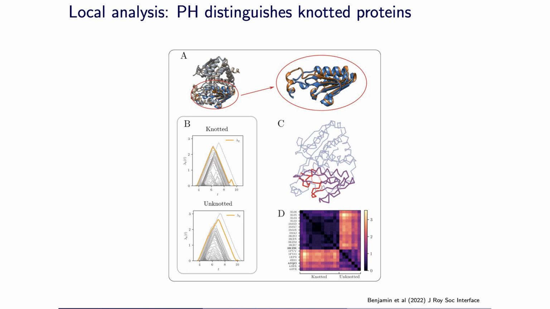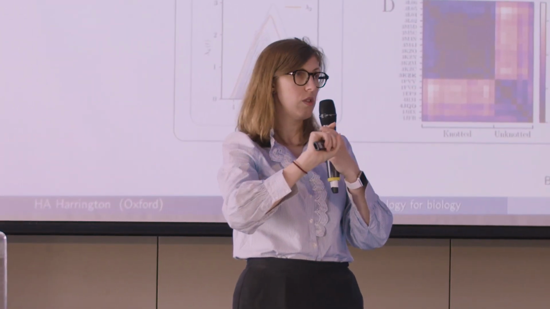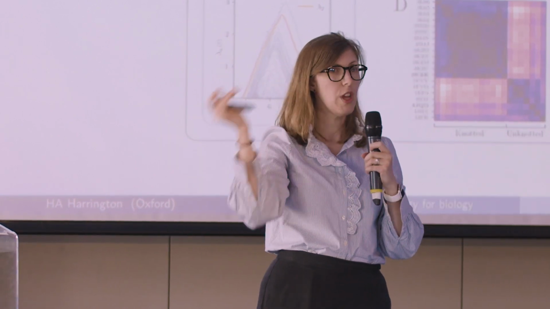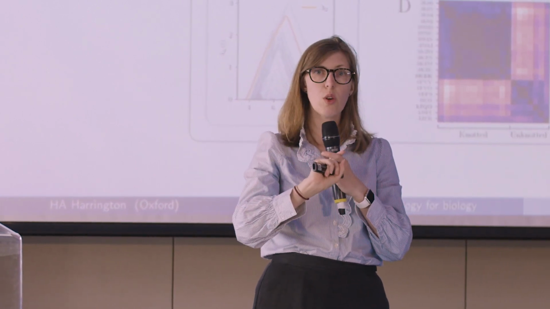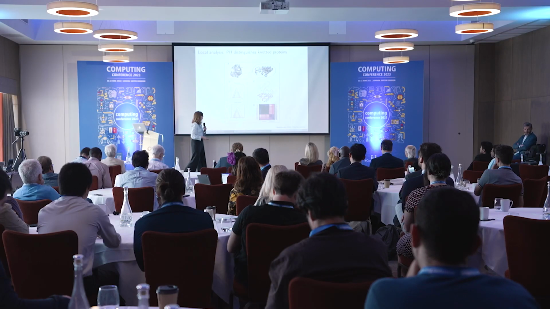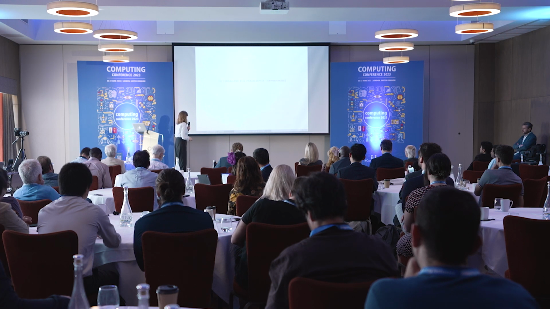And what we see is that the topological summary we get out has this kink. Can everyone see the little kink right here on the knotted? I'm struggling here with the pointer. So you can see this here. And what we found is that the difference, that little piece there, with the generators, it identified that there was this crossing change. So it localized that. So we can look at the global structure of a family of proteins, but we can also look very locally at what's happening structurally and interpret it, and it pulls it right out for us, which I think is very powerful here.